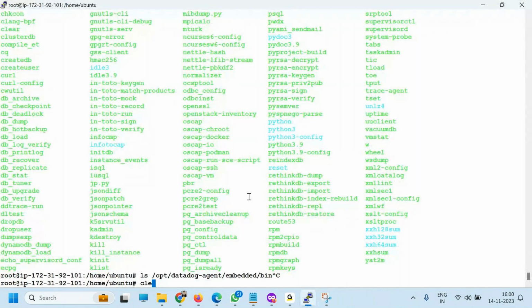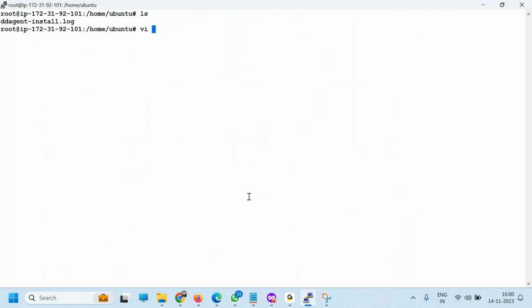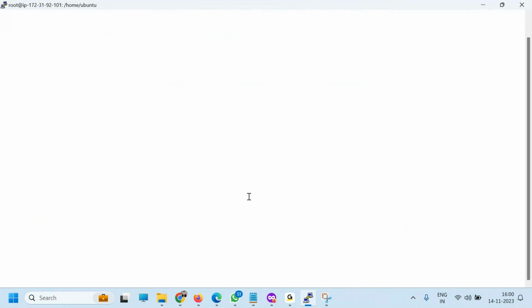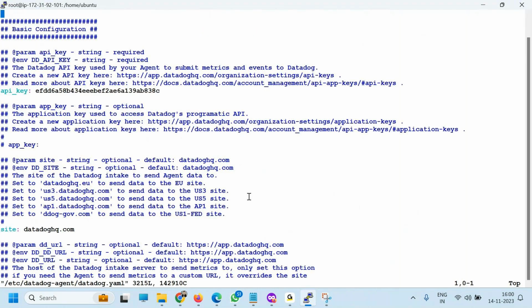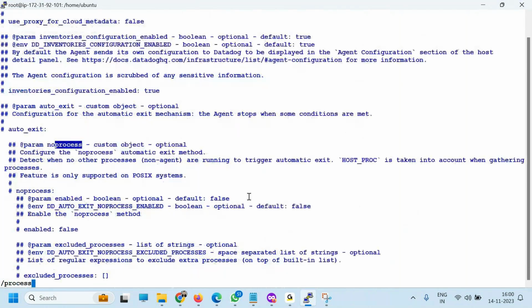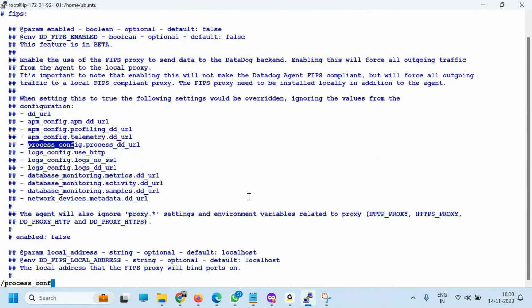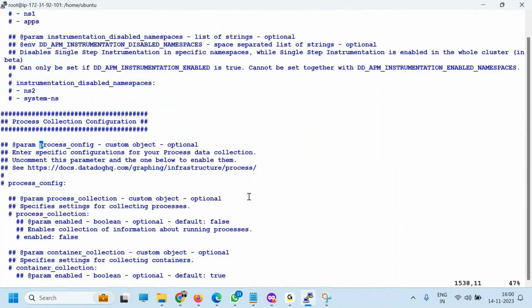Okay, so how do we do that? Let me show you. In /etc/datadog-agent, the datadog.yaml file. Any modifications you make, you have to make in this configuration file, a very important file. Then here you want to search for process_config. Enter, and see here the process collection configurations. Now this is disabled. You see three options. This is disabled, so we have to enable it. Can I do that?